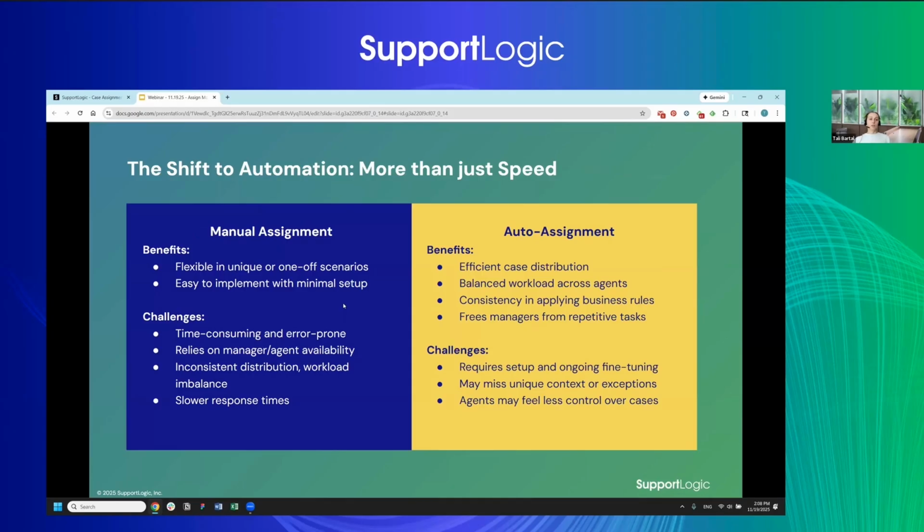Another tap on the shift from manual to automation. So just wanted to highlight here the flexibility of the manual. Again, as I mentioned, some customers are still using manual assignment. It does require extra skills from the management perspective, and this is the challenge because it's time consuming. It might be a little bit slower because until you review the case, until you assign manually,